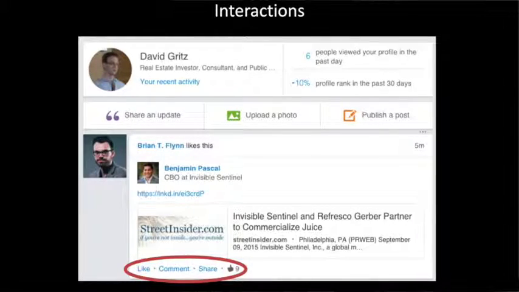Then from there, once you learn how to become part of a conversation, then you can master the conversation. There's 2 ways that you can control and master the conversation. The first way is you can share. And this is easy. You can share something as simple as another article that you find. So let's just say, to the example that Michael had when he played the video about the Rodale Institute, let's just say that you're really interested in organic farming, and you found an article that was great that says like the deadly dozen, the 12 worst vegetables with pesticide and the ones that you should buy organic.